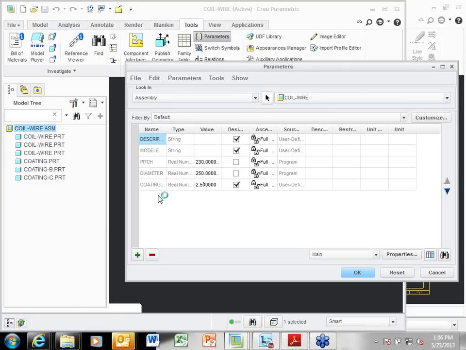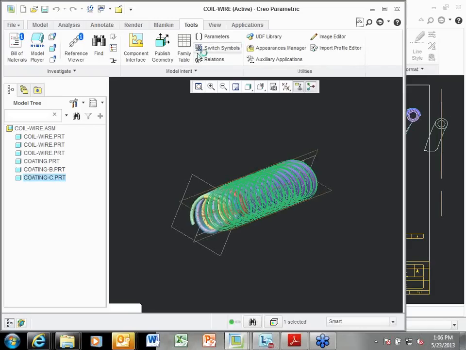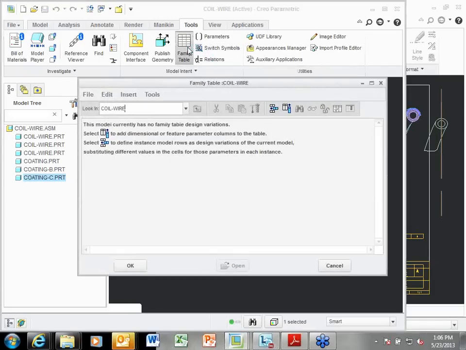And those two are something that are going to come through as real numbers as we move through those types of conditions. So we can see what that's all about. Then we can get into a family table. Are there any family tables? No, there's no family tables that are driving anything. So I'm physically taking the product and changing it based upon parameters and parameters alone,